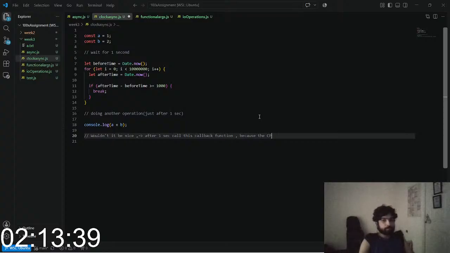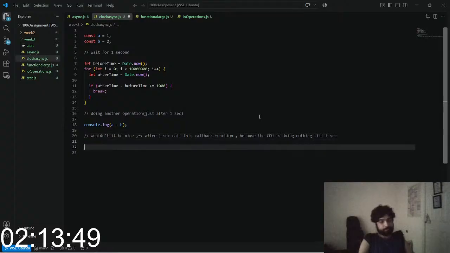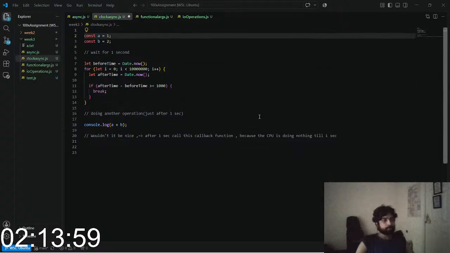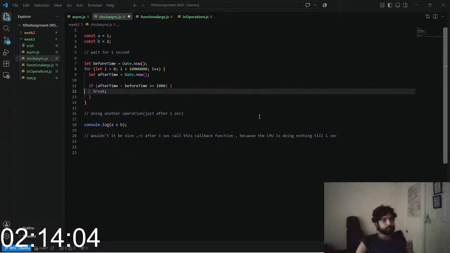So setTimeout is another example of an asynchronous function call, and hopefully you understand why it makes sense for it to be asynchronous, because during that 1 second, now the Node.js runtime can run other things, versus the code that I had written before, where I couldn't run any logic after that, which was bad. I was busy waiting using a forceful for loop over here. So hopefully you understand clocks. If you remember